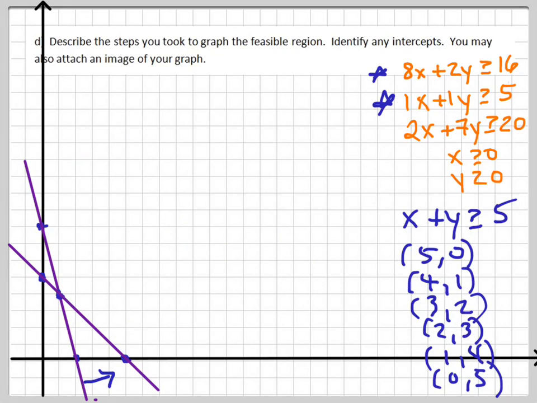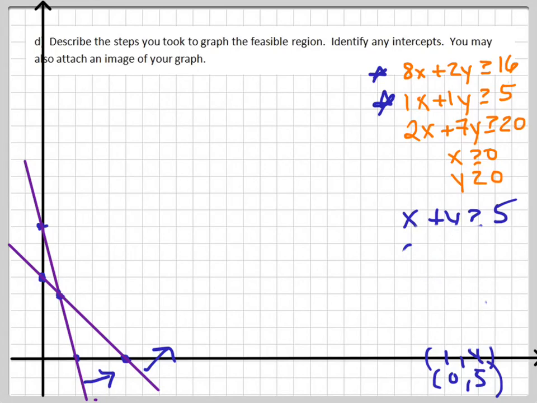Okay, I think that looks pretty good. Alright, and for shading, x plus y has to be greater than or equal to 5, so 0, 0 will not make that true, so I need to shade above that line as well. Alright, and then my third inequality,